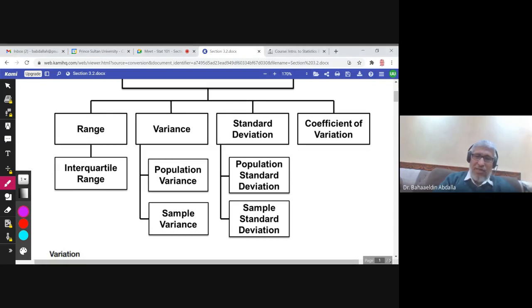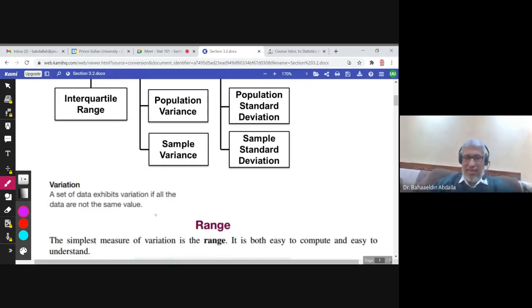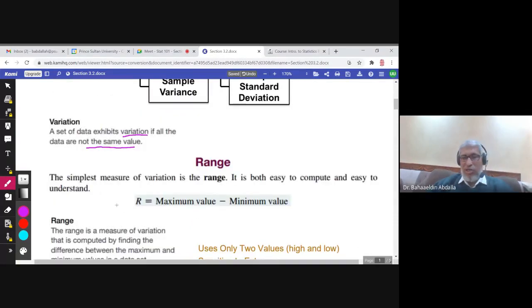So first, the variation. A set of data exhibits variation. There will be variation in the data if all the data are not the same values. If you have different values, then you will have variation. How to measure the variation? The easiest and the simplest measure of variation is the range. You find the maximum minus the minimum. So the maximum value minus the minimum value will give you an idea about